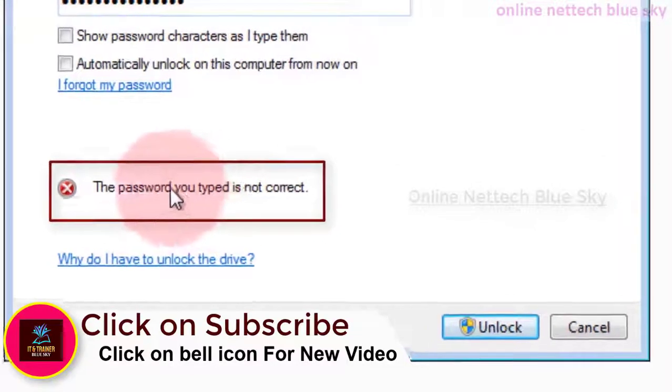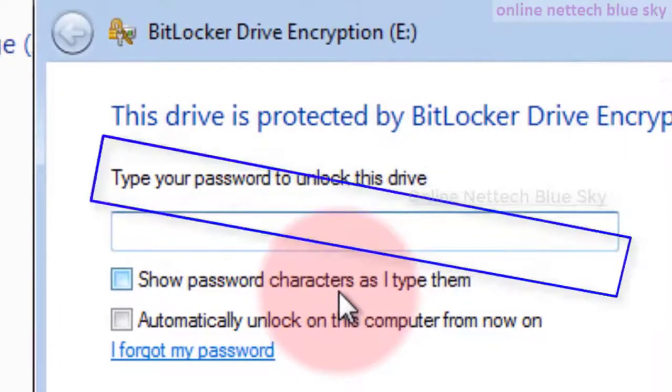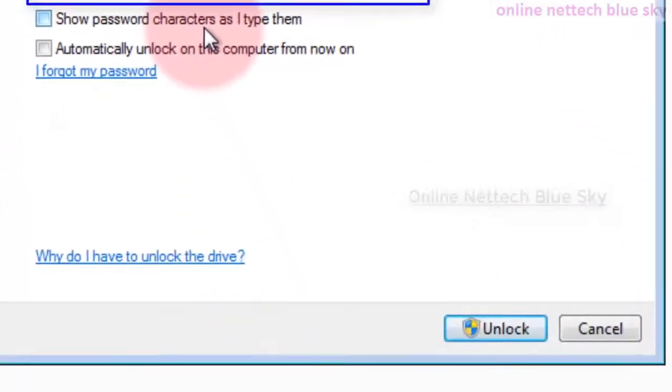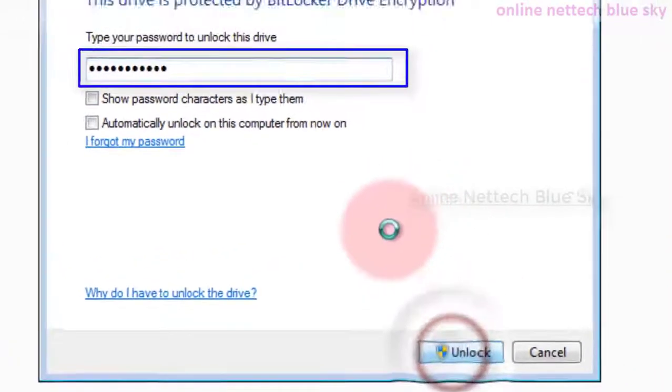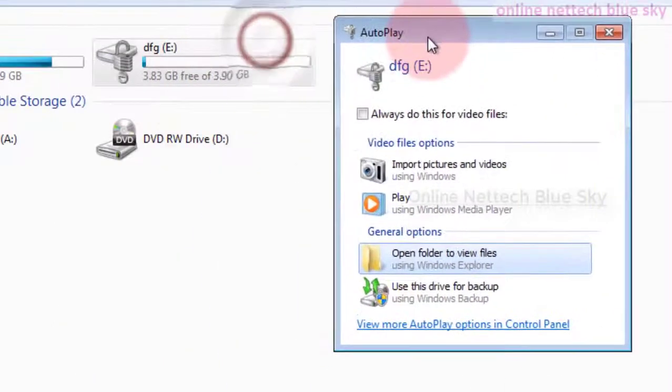This is very important for your systems. Now this time I enter the correct password. I check here, and it allows me to unlock. Okay, this is my unlocked partition, and you can see it showing me my data.